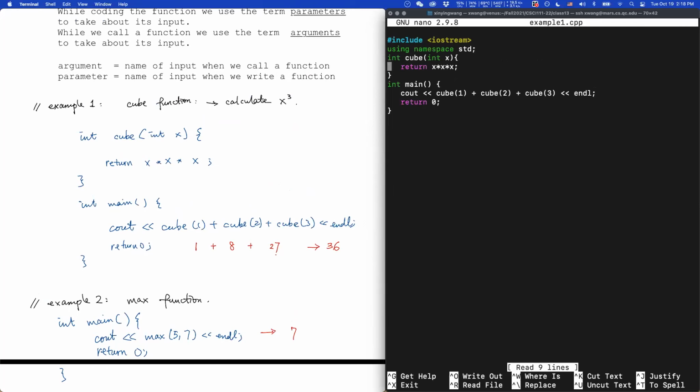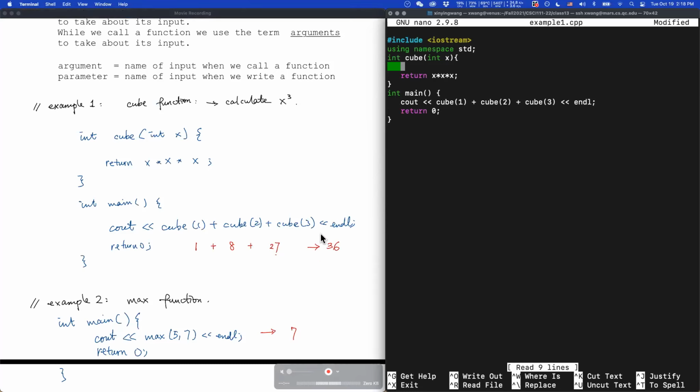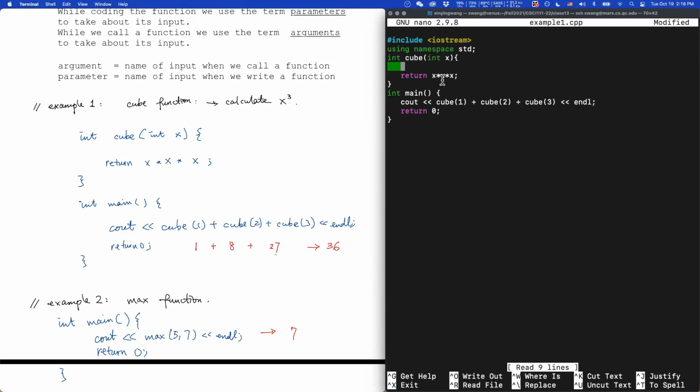Let's say I also print the x cube. If we just return the x cube, if you remember when we compile it, it will just return 36. It doesn't print the value for us. But if you write a cout here, if you want to print out the x cube in its own line,